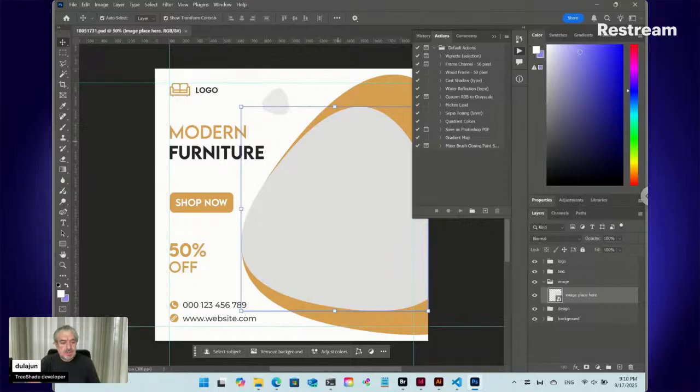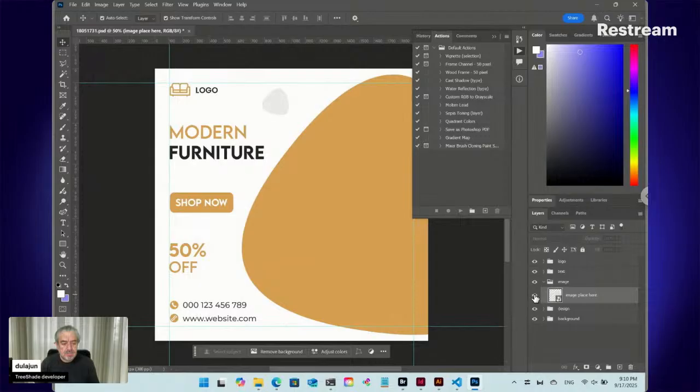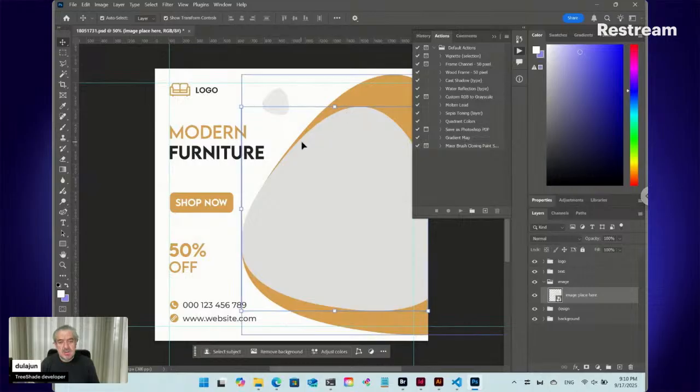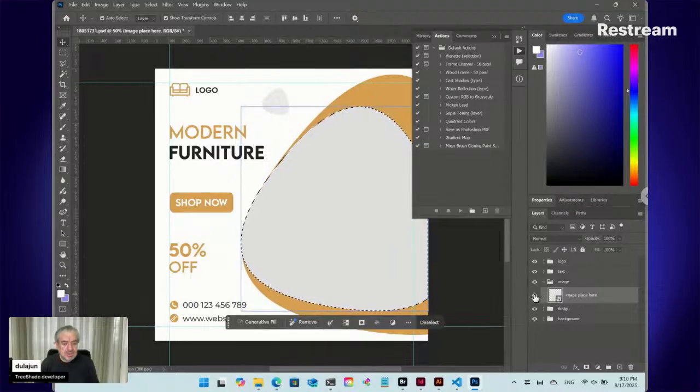Do you know we can make transparent here and put the photo under the image, under the entire image? So let's make selection for this,